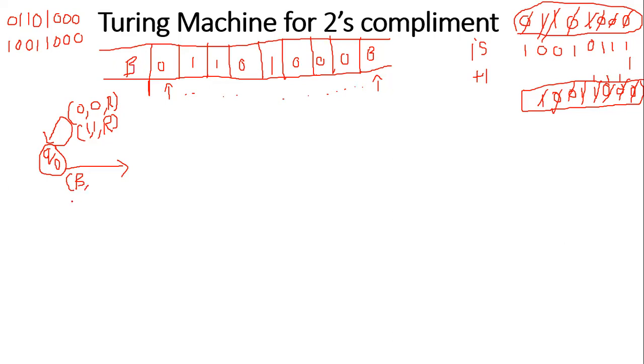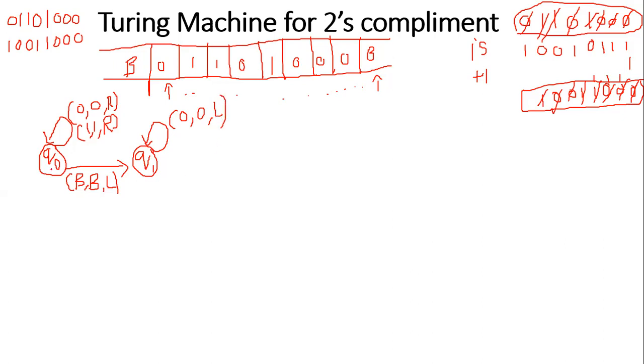What to do when we move to the right end? Once we move to the right end, you have to keep coming to the left side without changing any input until you find the first one. In between you will have a number of zeros. You have to ignore all zeros. From right to left, we are searching for the first one, and you ignore all the zeros that appear in between before you find the first one. Just keep moving to the left side.